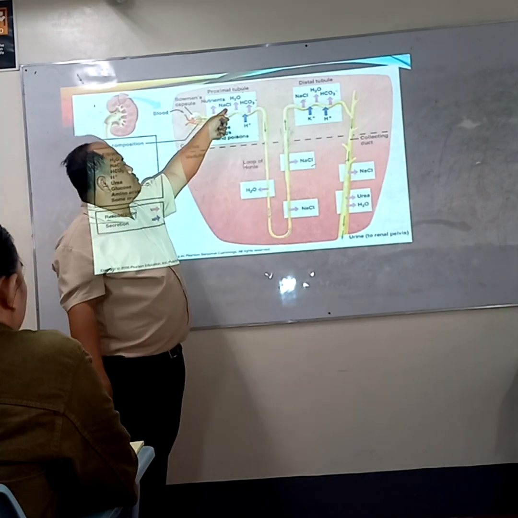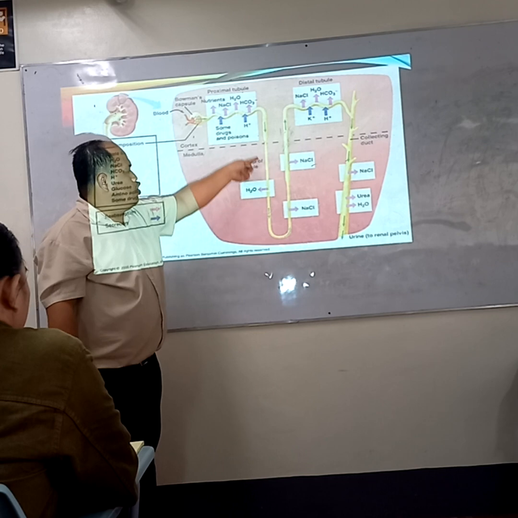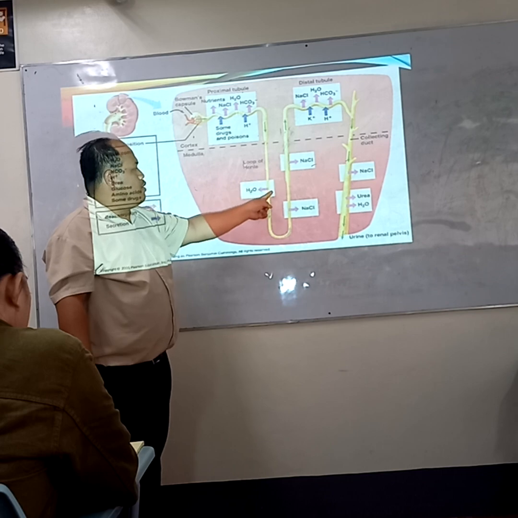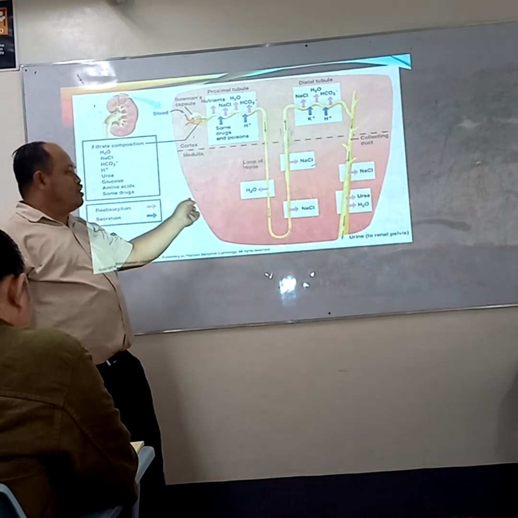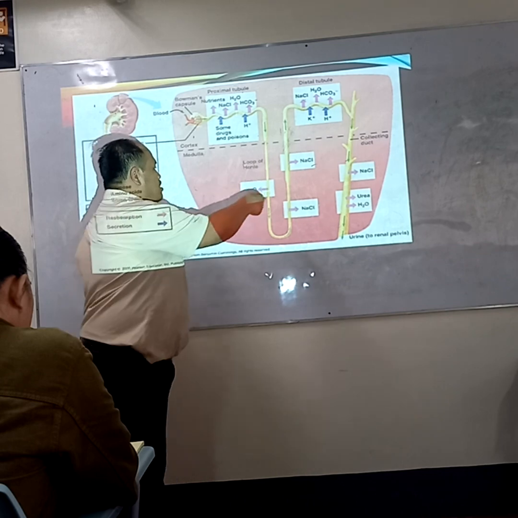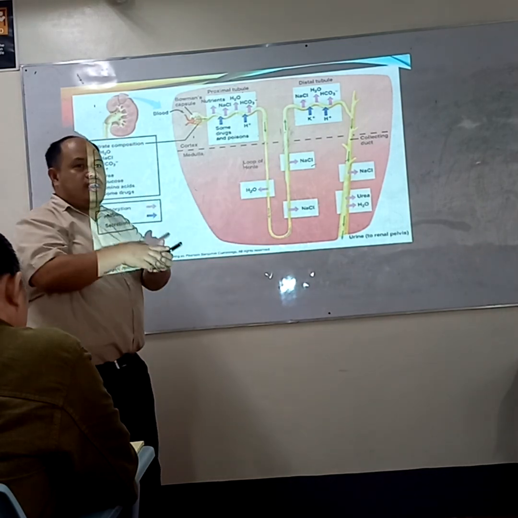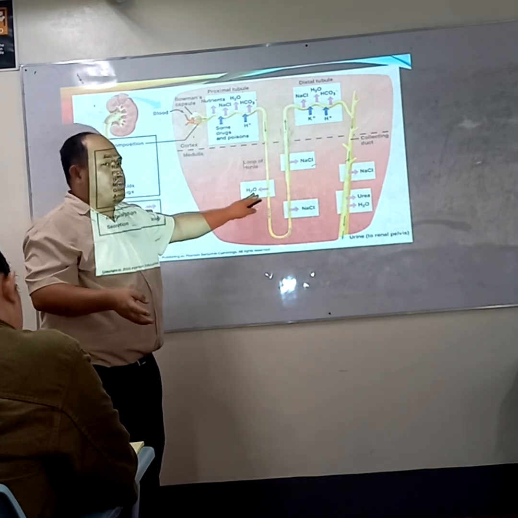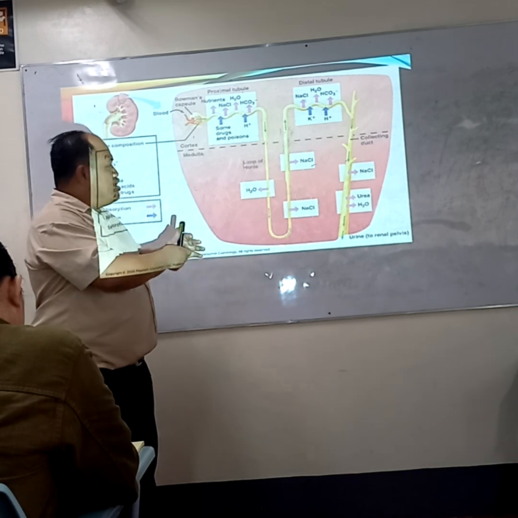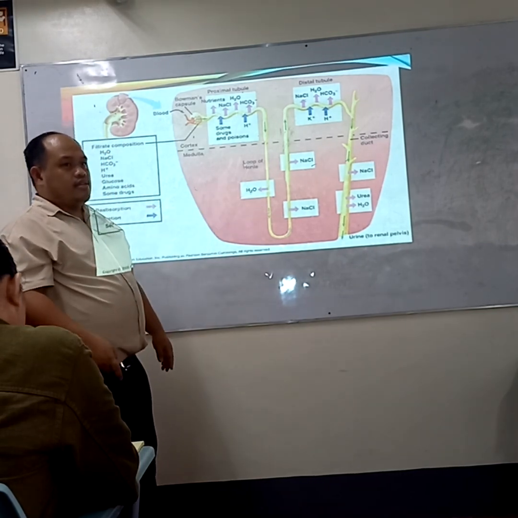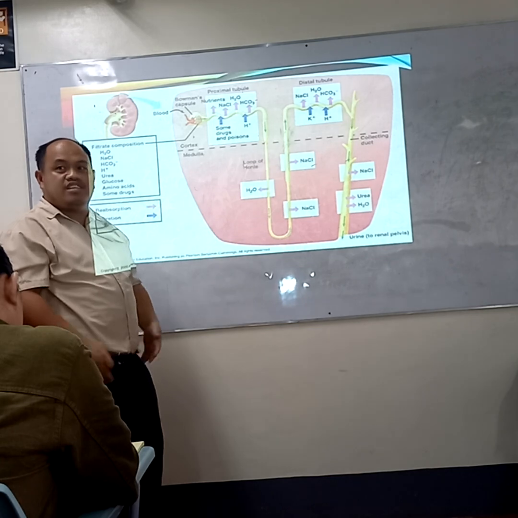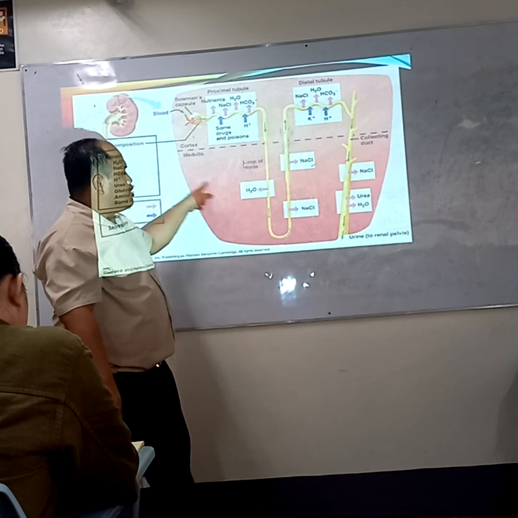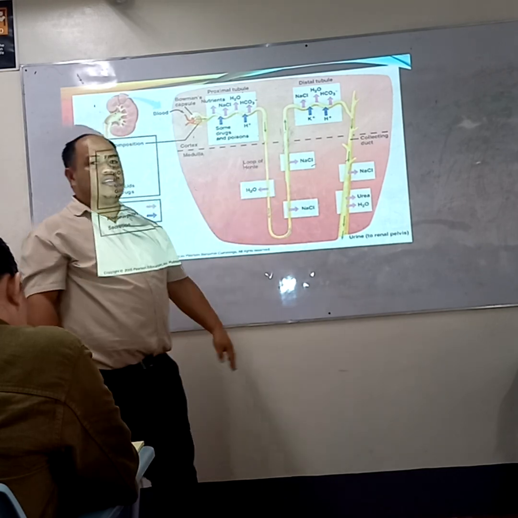Okay? Then from the proximal goes down now into your loop of Henle. So loop of Henle kasi, dito na reabsorb na some of the waters, lalabas na. Some of the sodium lalabas na. So it is in the loop of Henle na nai-excrete na from the nephron, from the glomerulus, the Bowman's capsule, yung water palabas ng sistema natin. Didiretso na ngayon yan sa saan? Doon sa ureter, hanggang mapunta sa bladder, at pag nag-jingle ka, ilalabas mo. Clear? So loop of Henle, lalabas yung water, some of the sodium, kaya nga pag tinikman mo ang ihi,